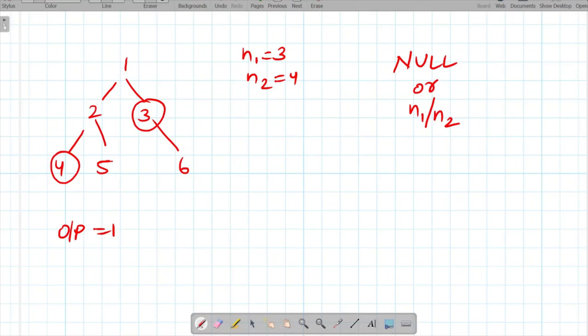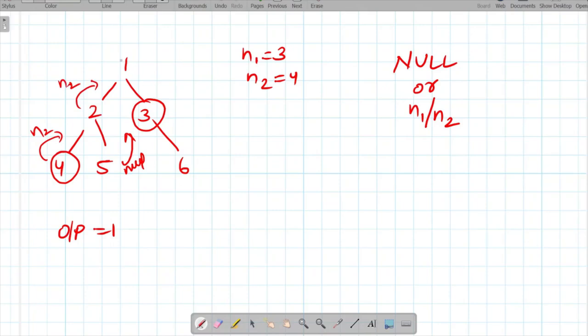So for 2, we can see that if a given child node is not an n value, then it will simply return null. But 4 is an n value, so it will return n2. Since 2 is getting n2, it will simply return n2 up to the parent caller. Now the left call is done.